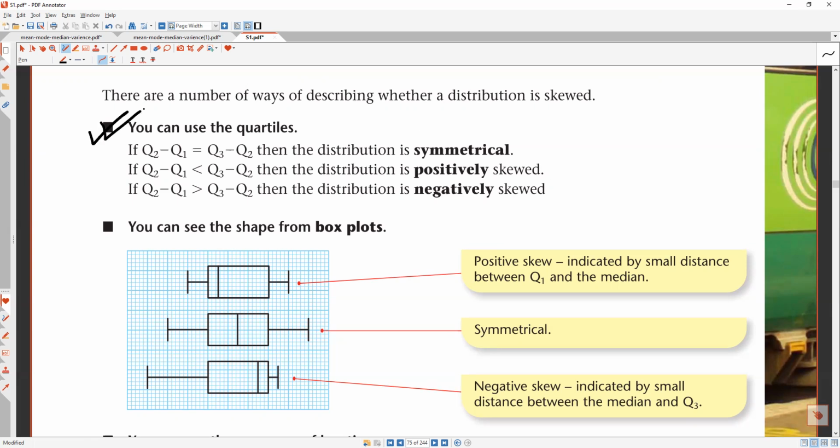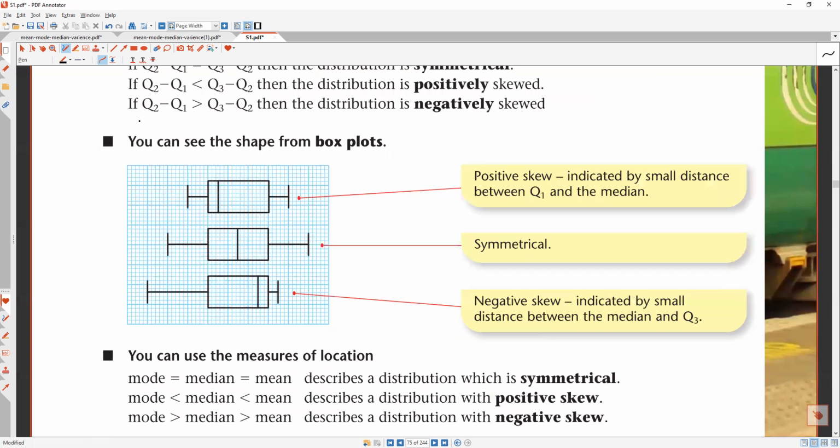Remember this line. In your box plots, if your median Q2 is towards the left, it is positive. If it is towards the right, it is negative. If it is in the middle, if this gap is equal to this gap, then it is symmetrical. You have to remember this. So positive skew, negative skew বুঝে গেছো সবাই? বুঝছো তো না? হ্যাঁ বুঝছি।